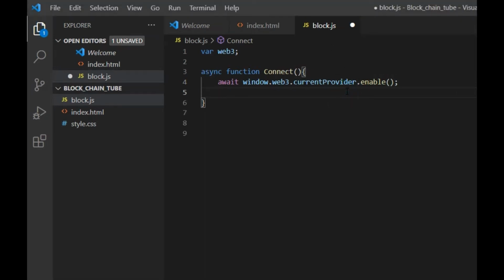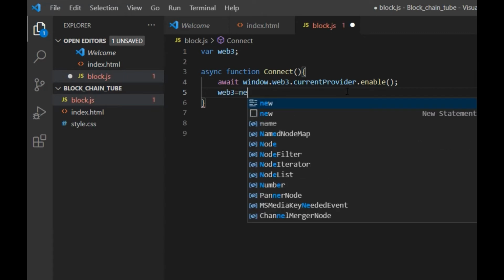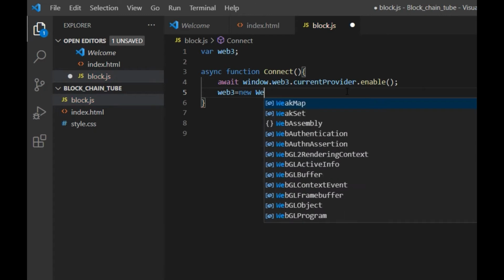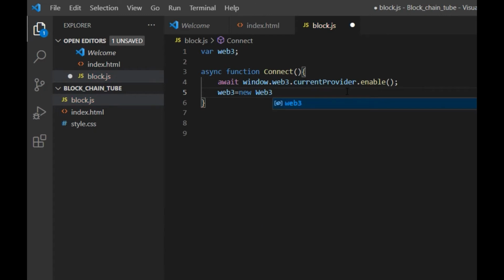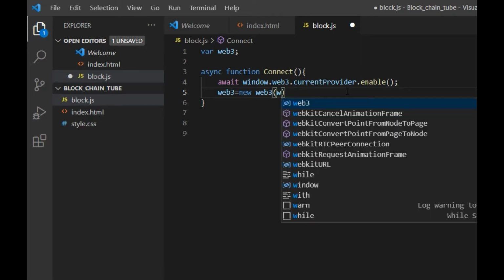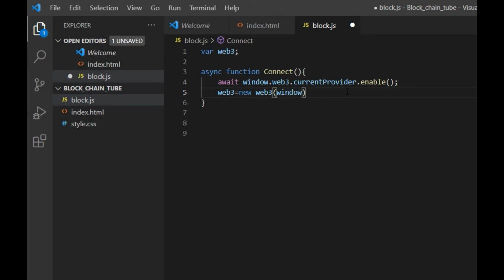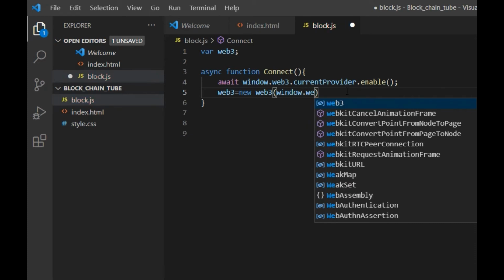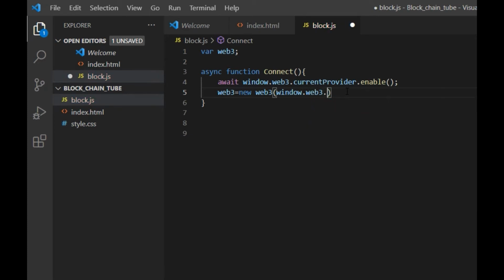Enable will enable that MetaMask extension, and it will be like a pop-up window. And then this web3 is an object of the web3 that we have imported in the script. So this web3 will be used later on for various purposes.